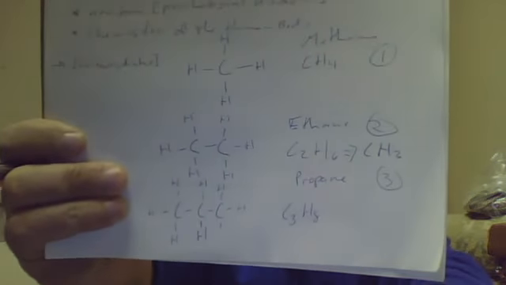So we have 3 carbons, and we have altogether the 6 plus 2 more hydrogens, so that's 8 hydrogens. So the chemical formula for propane is C3H8, and we've got a new